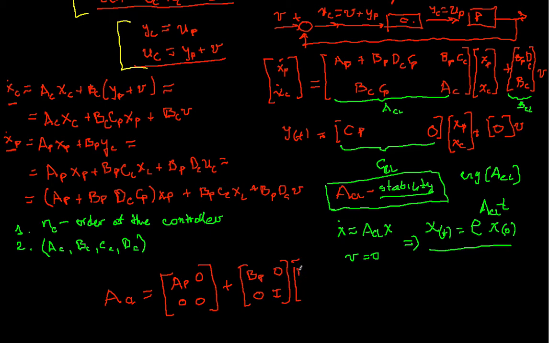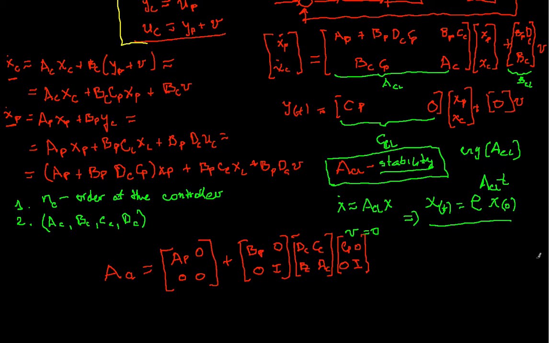Here will be DC, CC, BC, and here will be AC, which all multiplies CP 0, 0 identity. What we see from the following is that ACL,